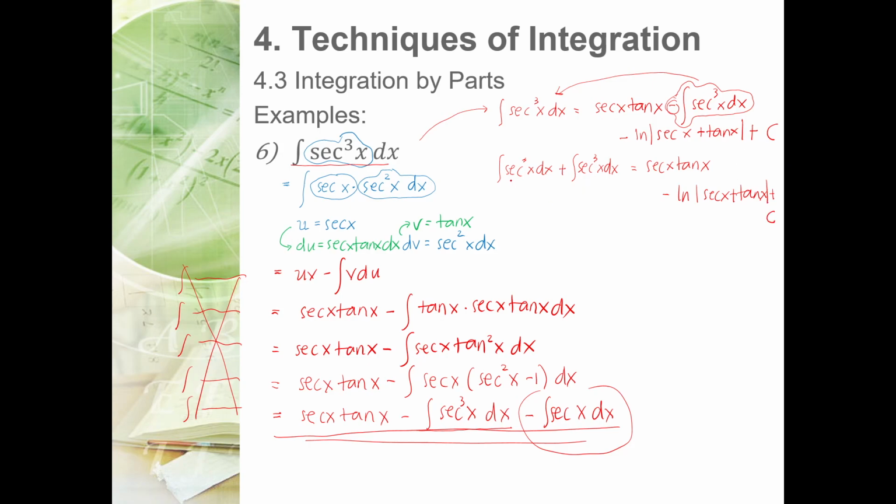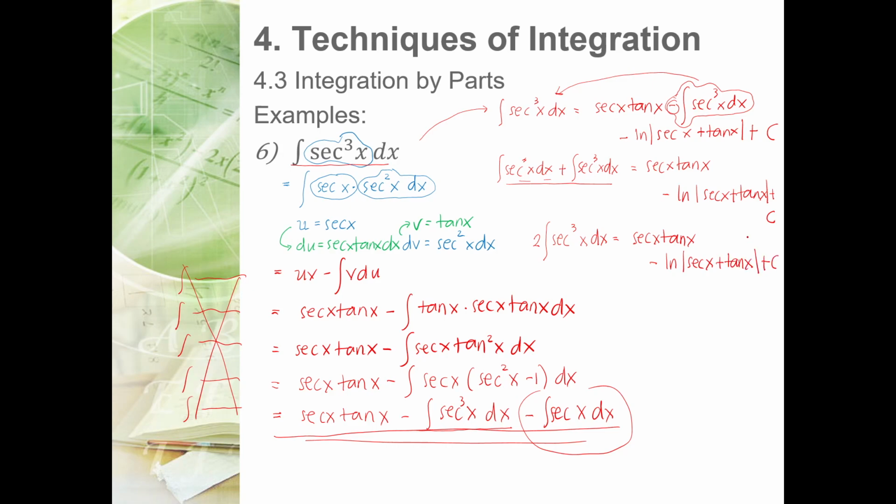Now since these two terms are equal, you combine them, so you're going to have two of it. 2 integral of secant cube x dx is equivalent to secant x tangent x and then minus ln of secant x plus tangent x